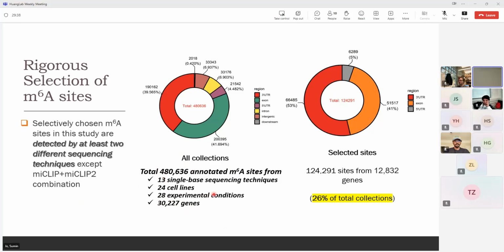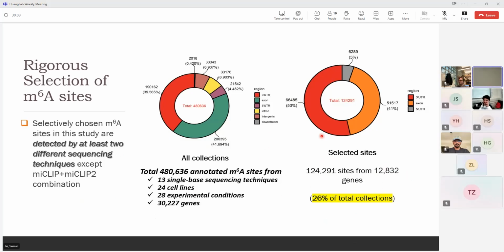Approximately 480,000 single sites are reported as m6A sites in different conditions or cell lines. And if we applied our criteria, then we only have this number. Only 26% of the total collection pass this criteria, and we decided to use these high confidence sites only